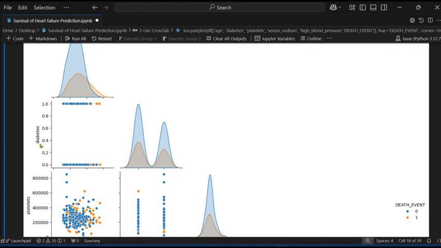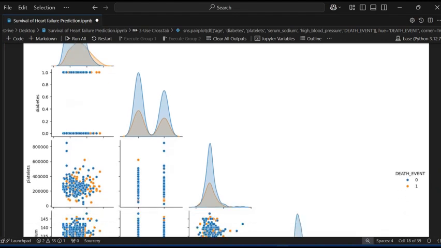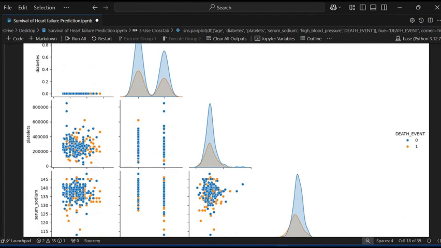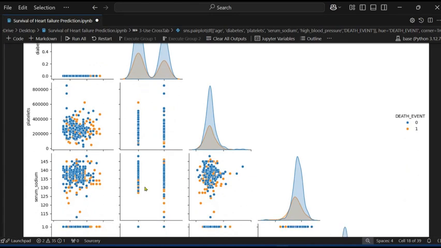So how many people have diabetes? 0 means no diabetes, and 1 means diabetes. So there are 2, 3. The same is true for platelets and then serum sodium.